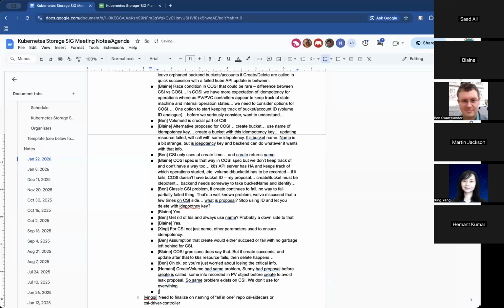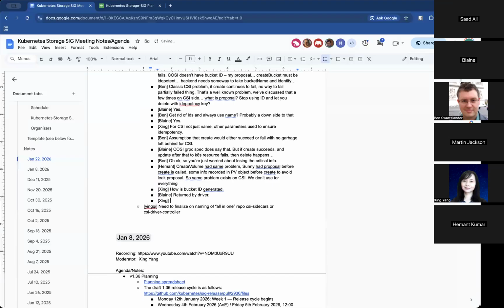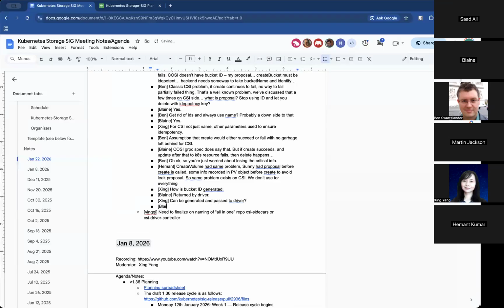Lane, how is the bucket ID generated? The bucket ID is just returned by the driver. Is it possible for you to generate that ID first and pass it on to the driver? Most definitely. I don't think that would be practically any different than the idempotency key. Right, the name of the resource is generated from a UID, so it is statistically, globally, universally unique.